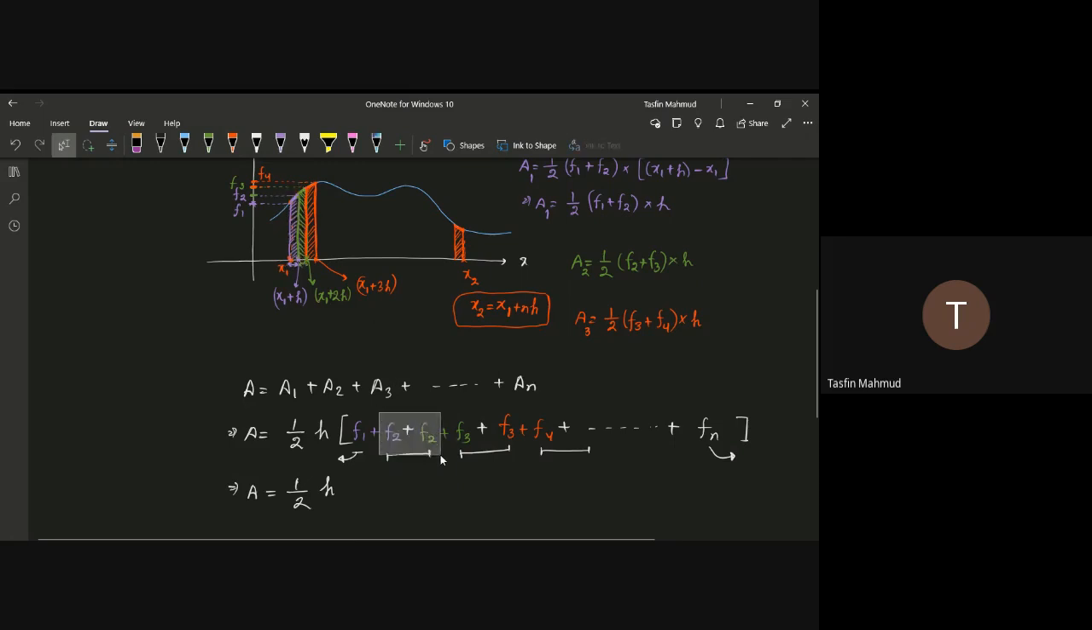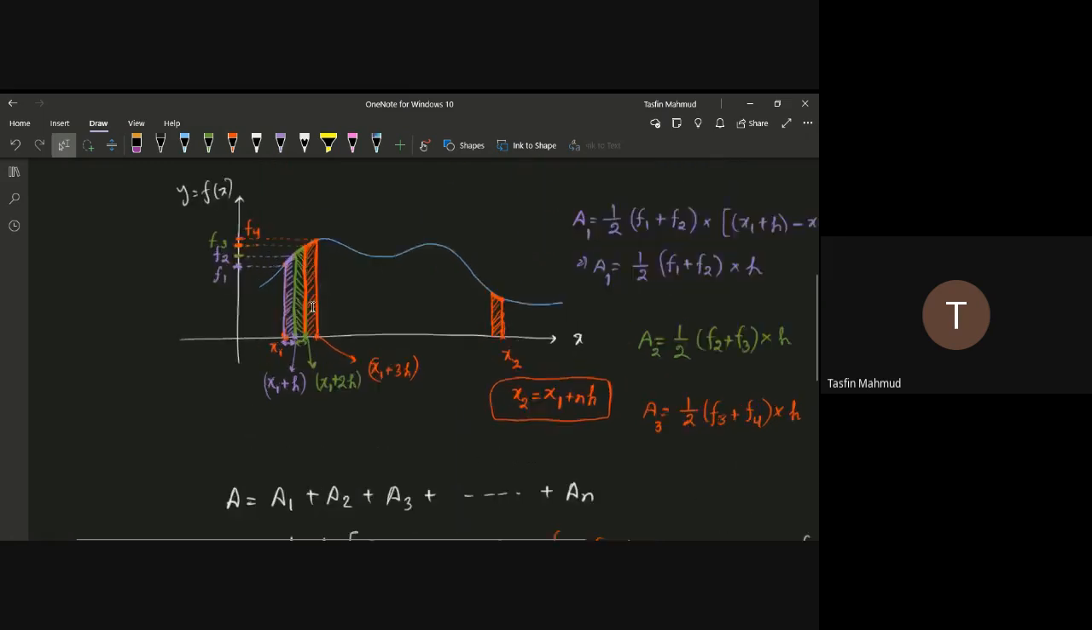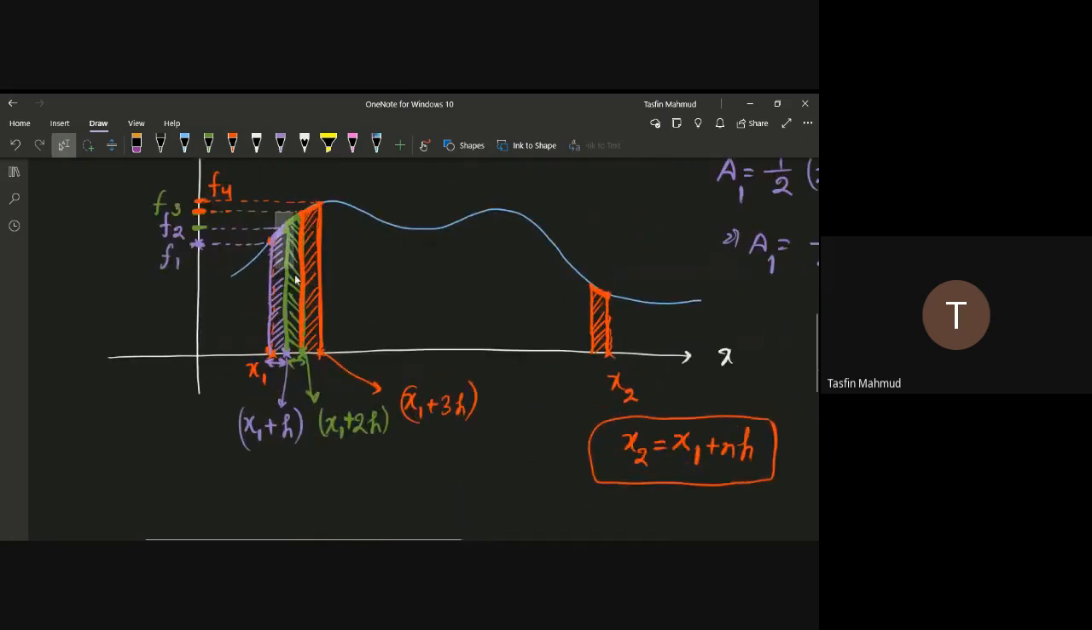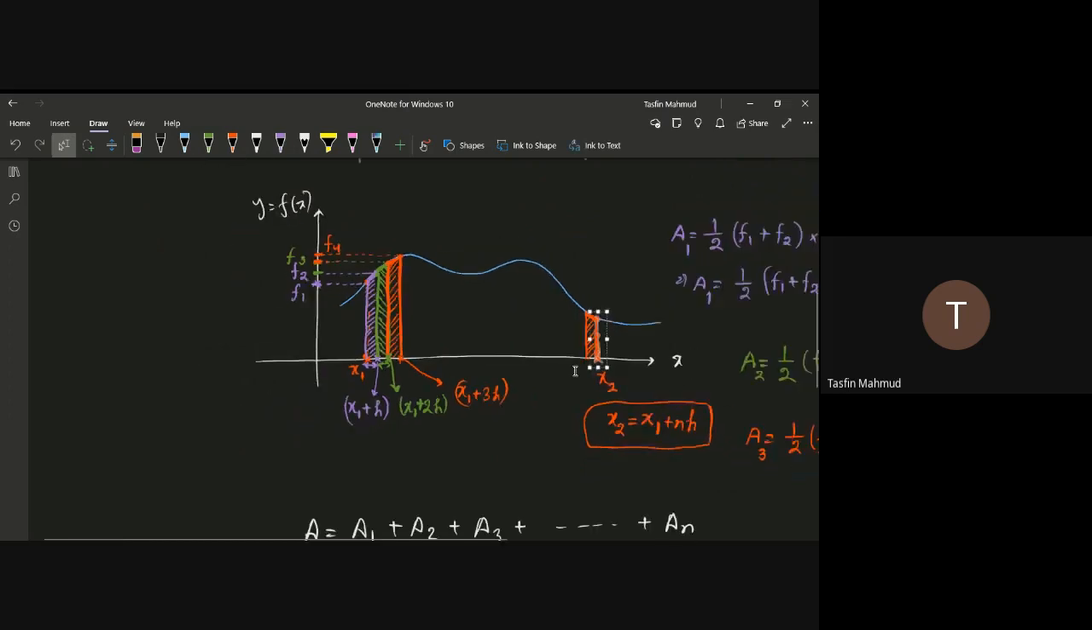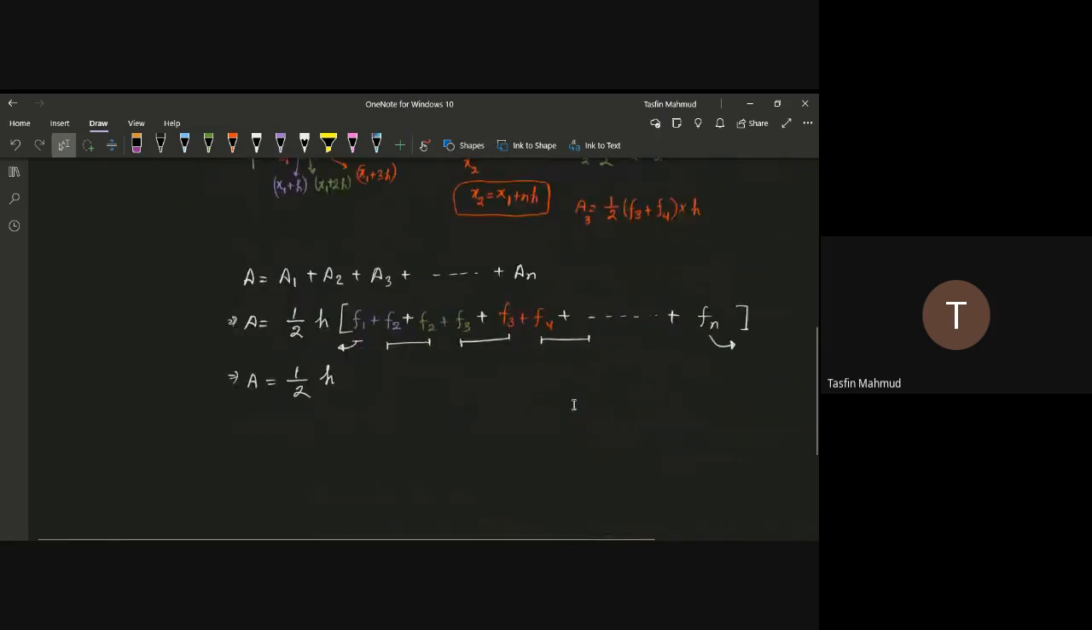Like f2 was common, this common side was the f2. Similarly f3 was common and f4 was common. Only f1, the starting y value, and fn, the ending y value, will be considered once. The others will be considered twice. So if you get this pattern, then